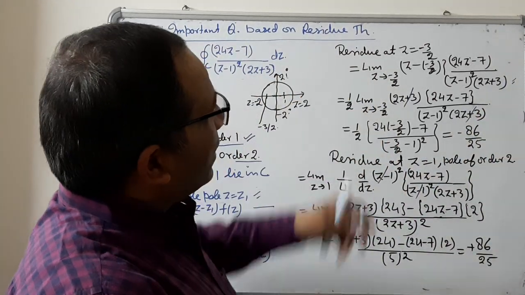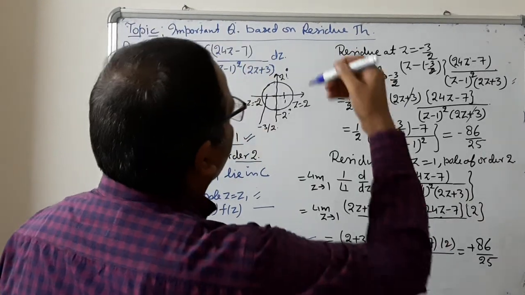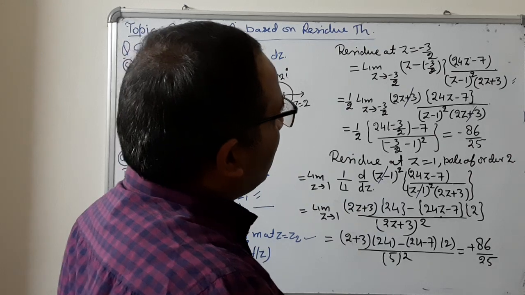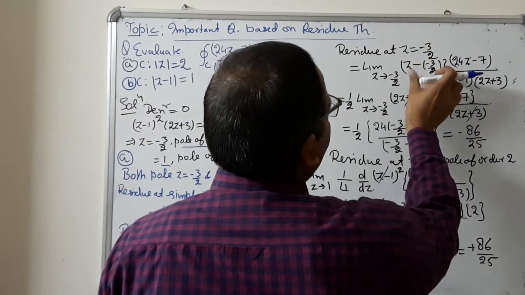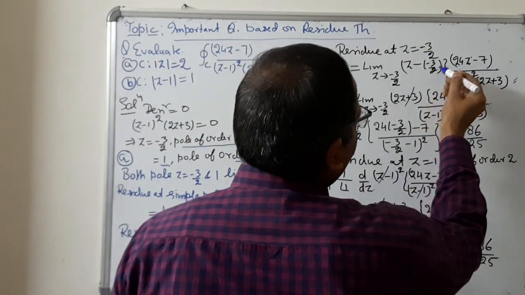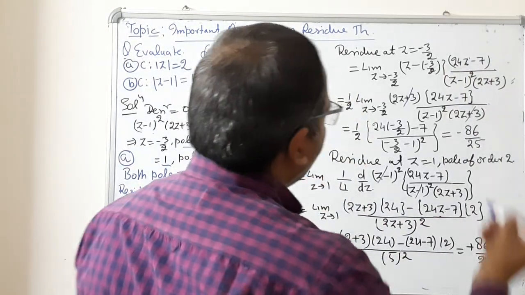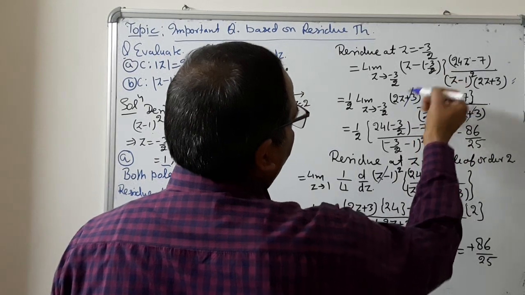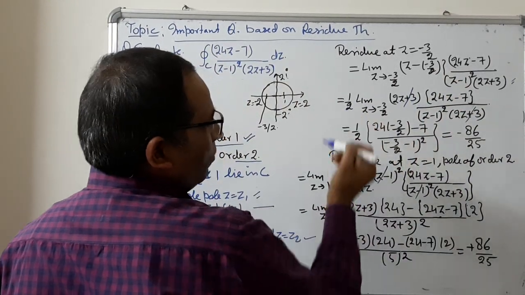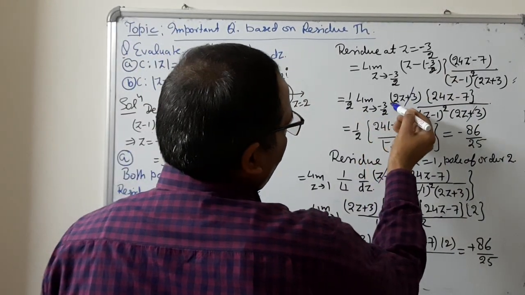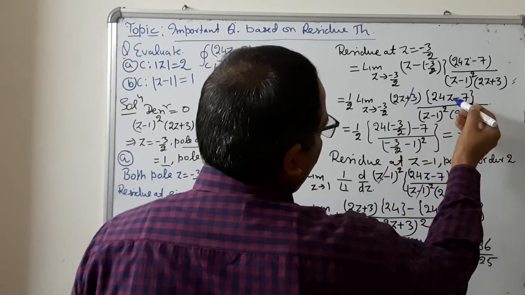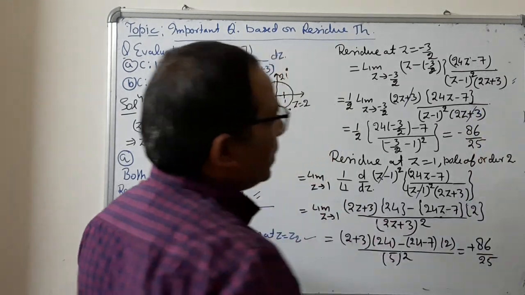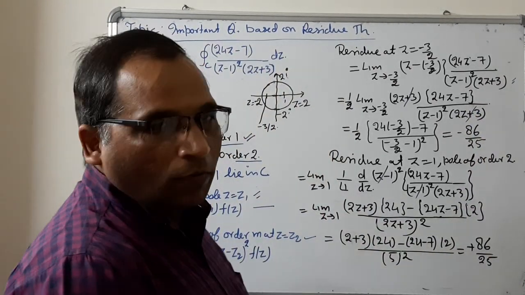In this question, one important thing is that you can see here 2z plus 3. We don't write 2z plus 3 here; we write z minus z1. Okay? So first we take the LCM, we get (2z plus 3) by 2, so 1 by 2 we take common. So limit of z tending to minus 3 by 2 of (2z plus 3) and f of z. The 2z plus 3 cancels out with this 2z plus 3. Now we put z equal to minus 3 by 2.